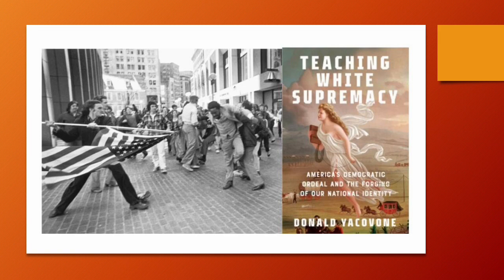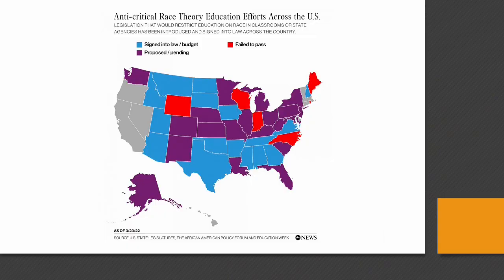Recently, a book came out of Harvard called Teaching White Supremacy, where Daniel Iacovone, a professor of African and African American Studies, writes about the way that American history is really focused on teaching an exceedingly white story. And so, again, all of those things have really fed into the research.